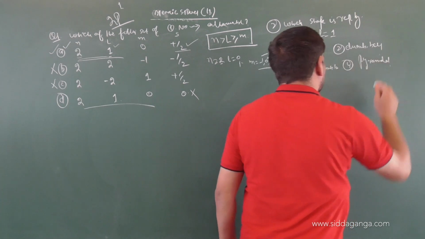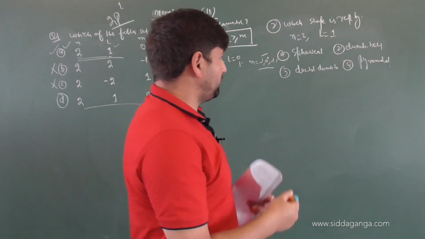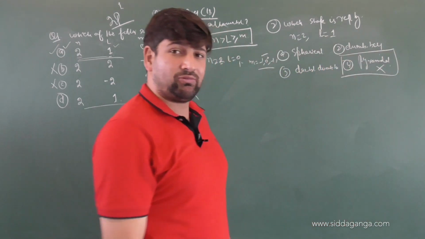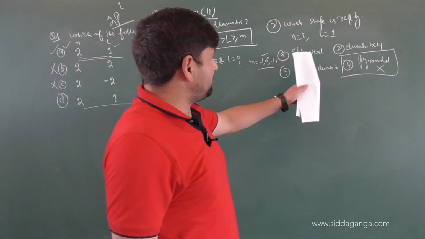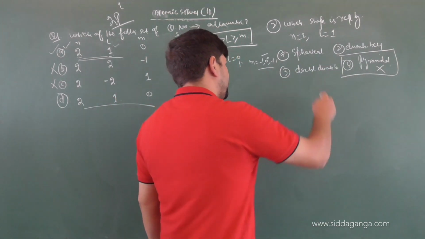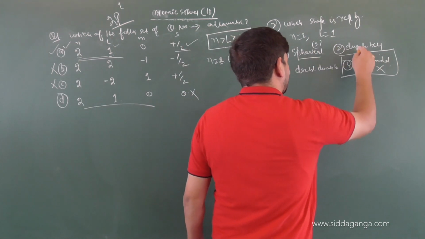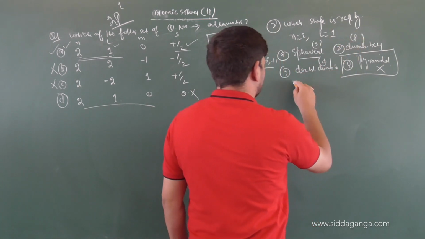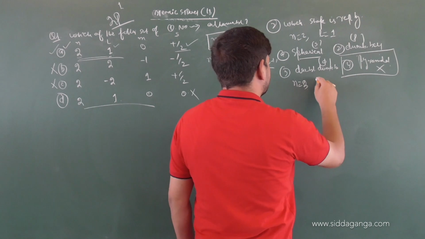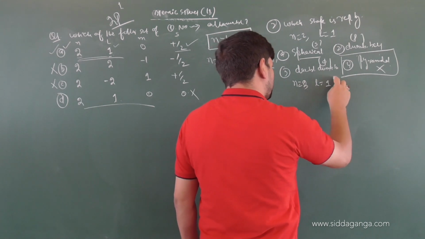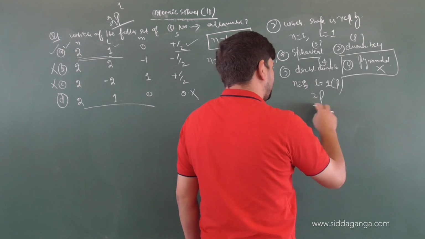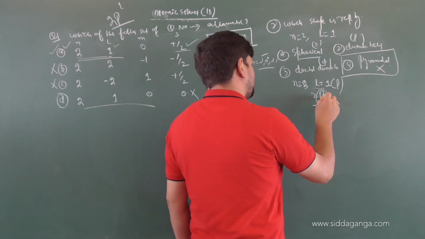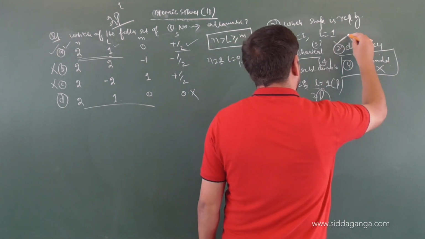Now when we look at the quantum numbers, we have learned that the pyramidal shape does not come into play, so this will be eliminated, this is the odd one out. Now there are three possibilities: spherical, dumbbell and double dumbbell. If it is spherical, it should be S, dumbbell it should be P, and double dumbbell it should be D. Now we will see what quantum numbers are given. What is n value given? 2, right? And what is L value given? 1. When L value is 1, we are talking about which subshell? P. So we are talking about 2P. So what is the shape of P? A while earlier also I told you, in my classes also I have told you, what is the shape of P? Dumbbell. So the correct option will be option 2.